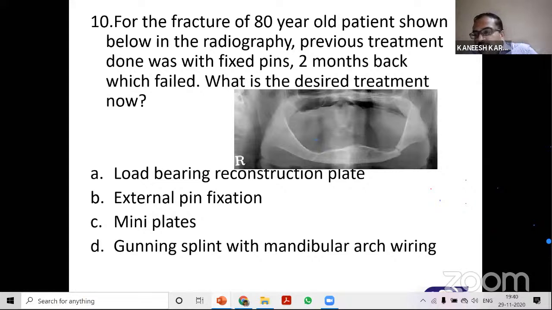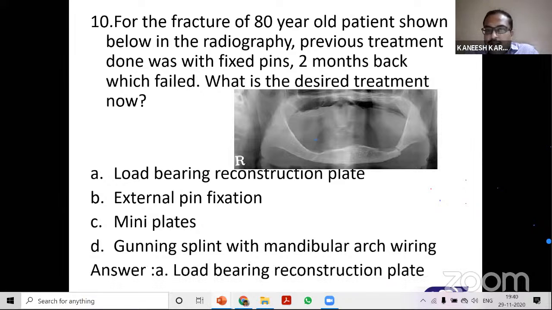The previous treatment has already failed. Yes, it is a load bearing reconstruction plate. The mandible is very thin and it is fractured in 2 places, so what you have to do is use a reconstruction plate,